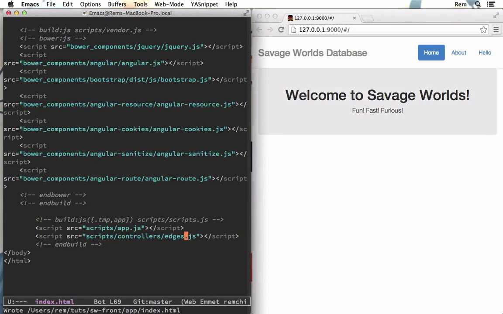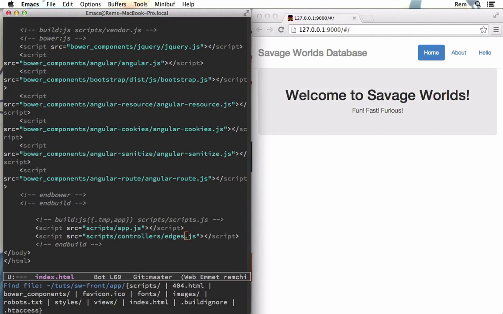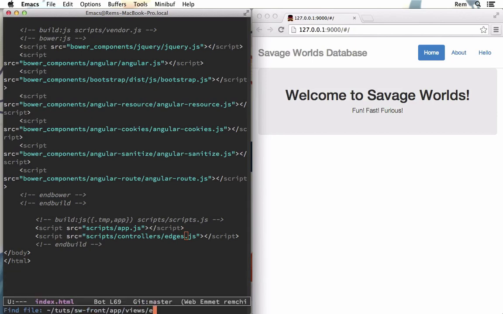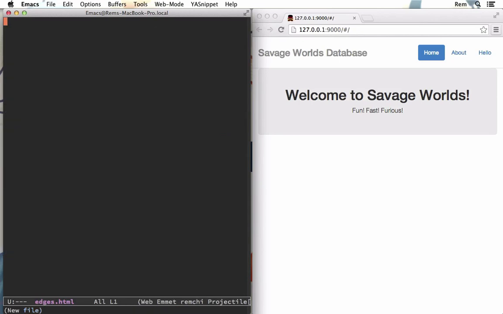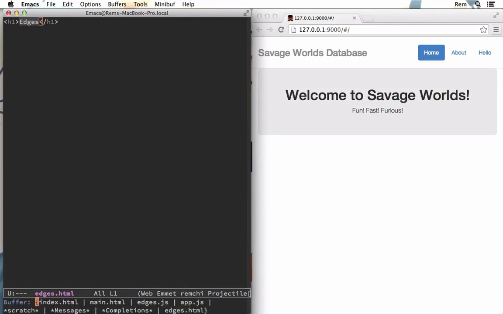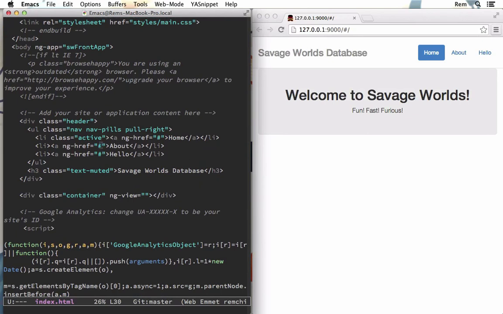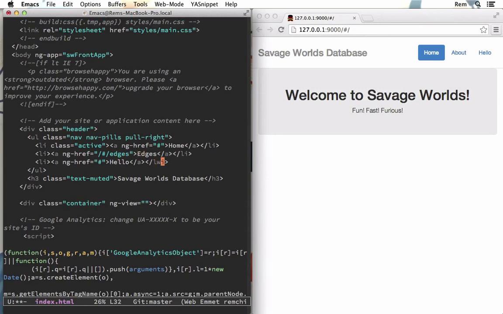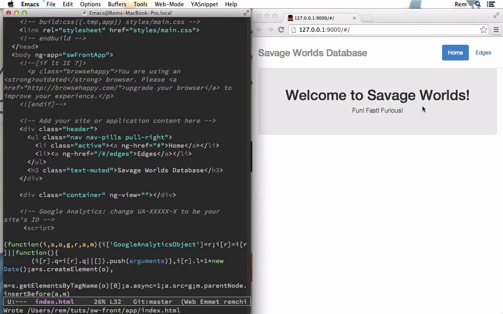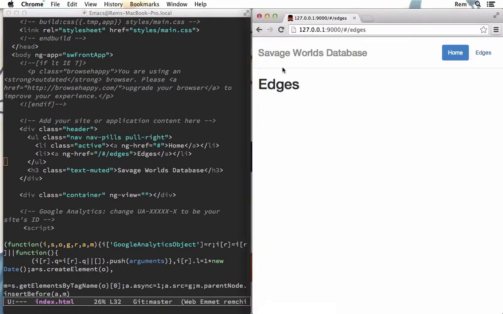Okay, so now let's create the edges HTML file in views. So for that we go to views, and here we define edges.html. And for now it's just going to be a simple edges. Okay, let's go back to index, and here where we have our menu, we will add the path to edges, and we call it edges. And the hello we're going to delete. Save it, and you can see here that now we have edges, so let's click on it and you can see edges. Our routing works and we see exactly what we want to see,